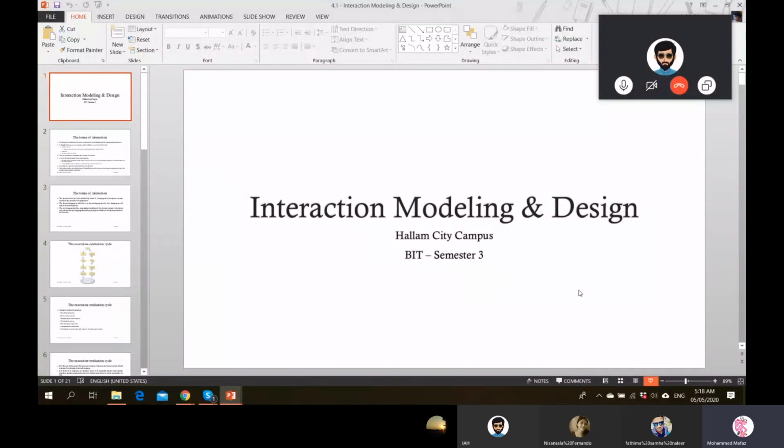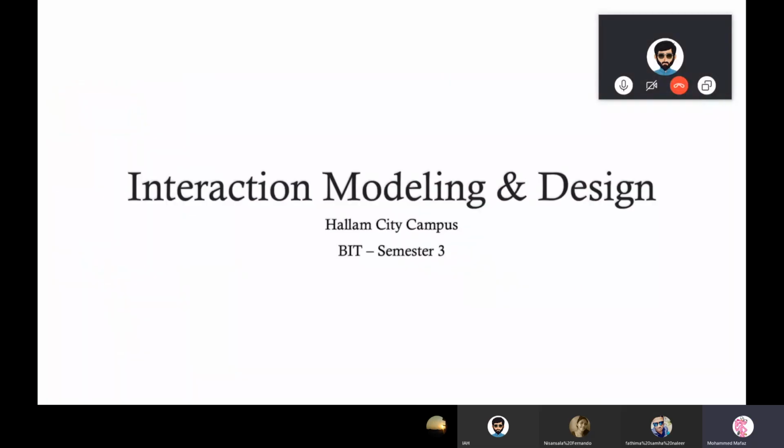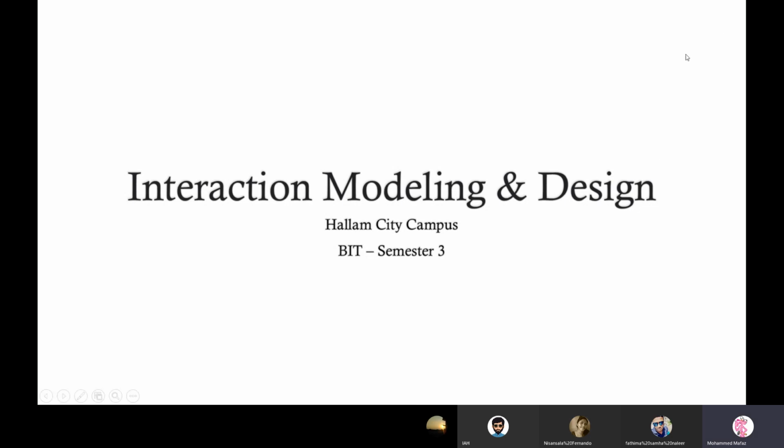Okay, good morning. So today we start with chapter 4, interaction modeling and design. This discusses the framework for interaction modeling and design. What are the concepts behind it? And we have a few questions in part 2 and maybe even in the MCQs on some of the terminologies we learn here. Right? Important thing is understanding the context of it.